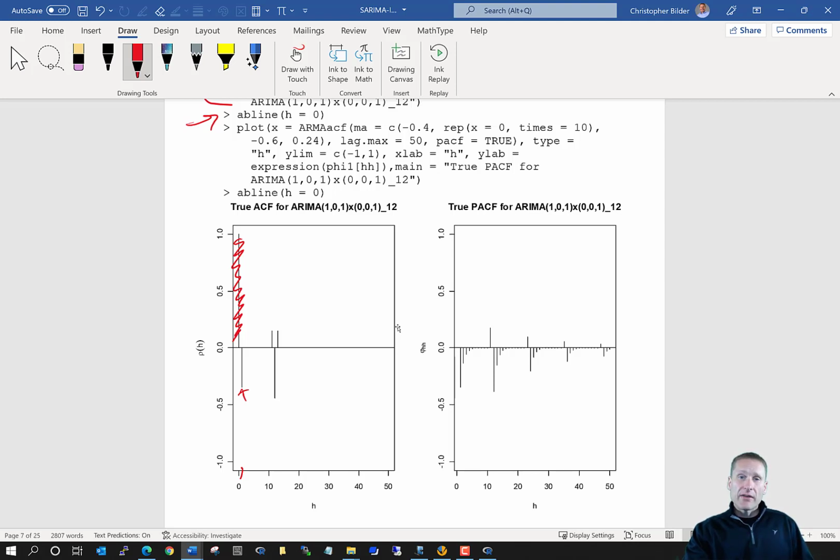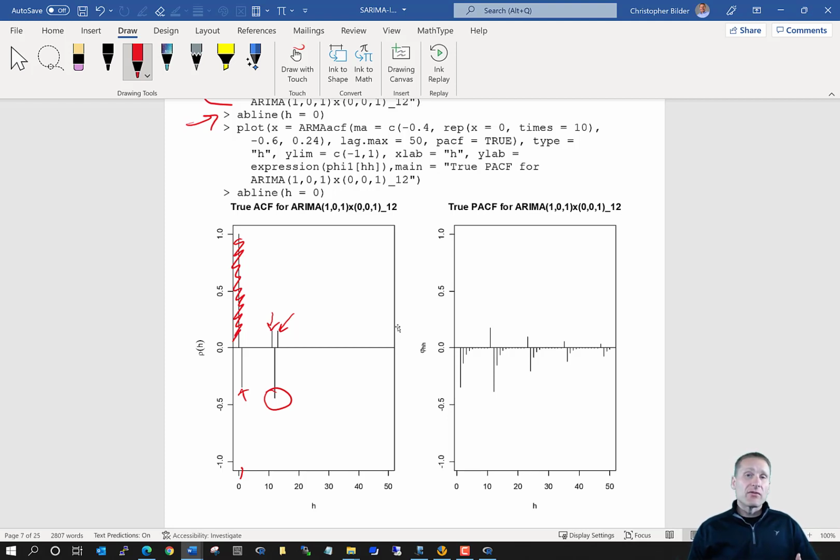Now, since I do have the seasonal aspect, what we should be expecting as well is at lag 12, I have a non-zero autocorrelation. And indeed, that's what I have happen. Now, as I mentioned previously with respect to the ACF, it's not unusual to also have, right surrounding that lag 12 or that lag S,